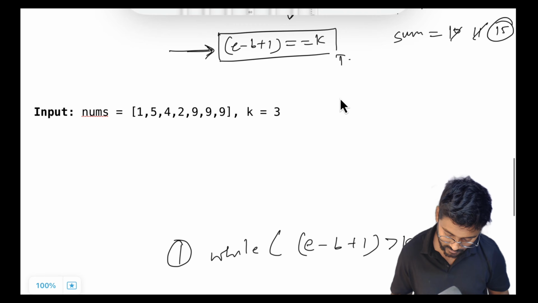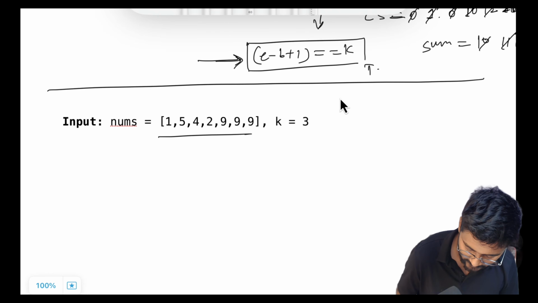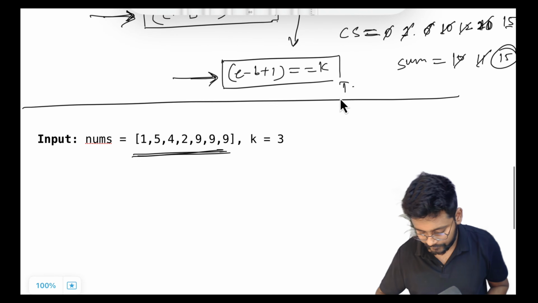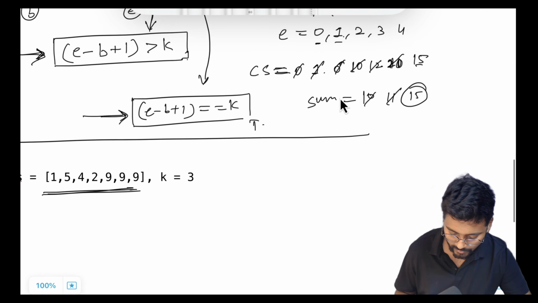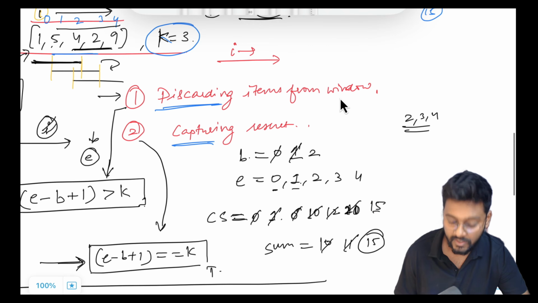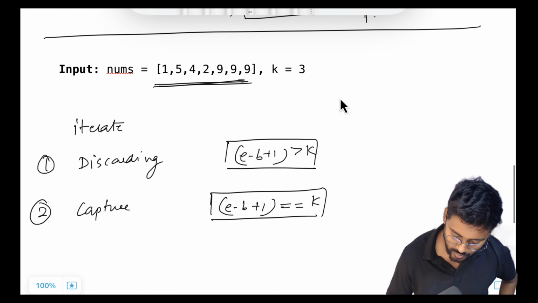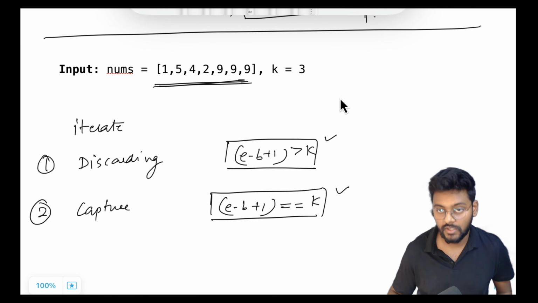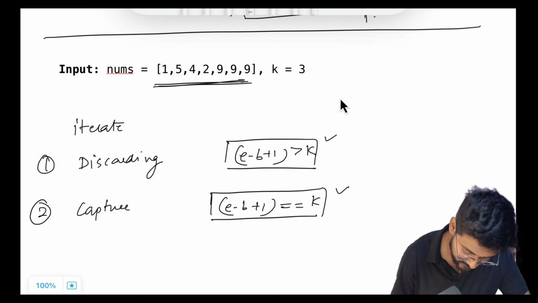So the same thing will go here. In case we have duplicate elements, we get one more condition when we are discarding the element. So these two are the expressions to keep in mind when we do not have duplicate elements. And when we have duplicate elements, let's say